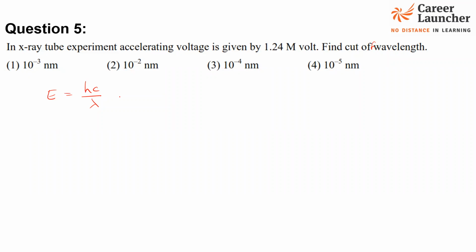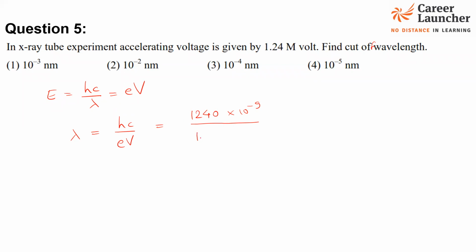So when the X-ray is operated, the cutoff wavelength is the wavelength above which you will see X-rays observed, and below which there are no X-rays observed, right? So the lambda minimum, this can be written as E into V. So lambda will be written as hc upon EV. And how do you solve it? hc is 1240 into 10 raised to minus 9, in nanometer when we write it. So upon 1.24 mega electron. So this is in electron volt.